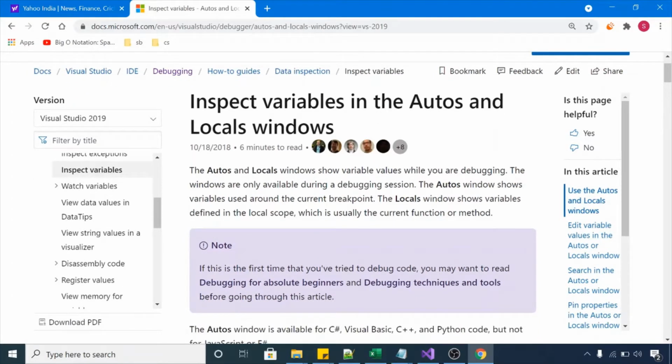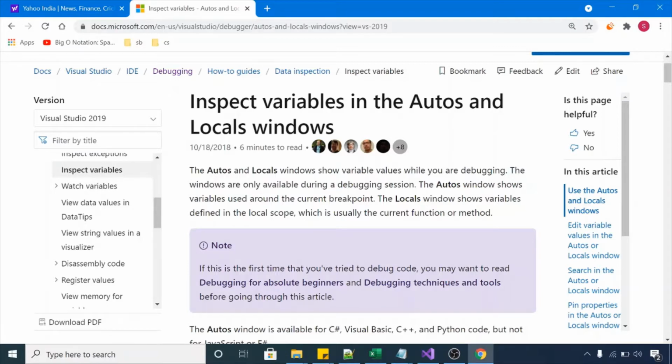What is it saying? It's saying auto and local windows show variable values while you are debugging. So these auto and local windows are used to see the variable values in your program while you are debugging. It's further saying these windows are only available during a debugging session.